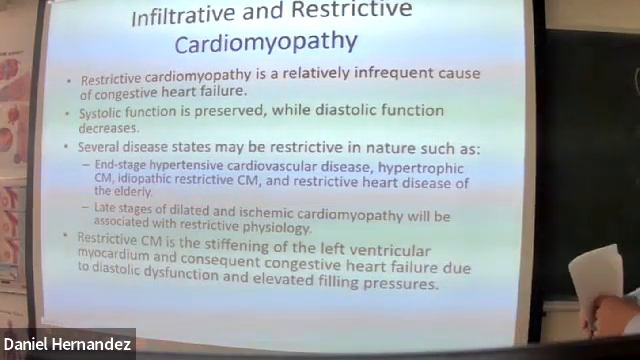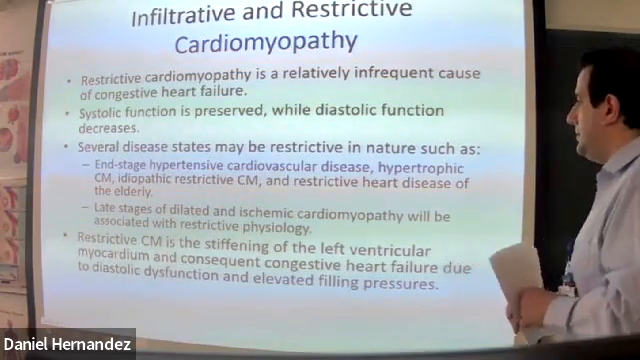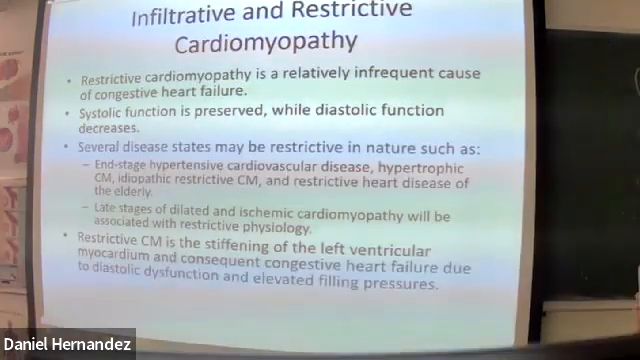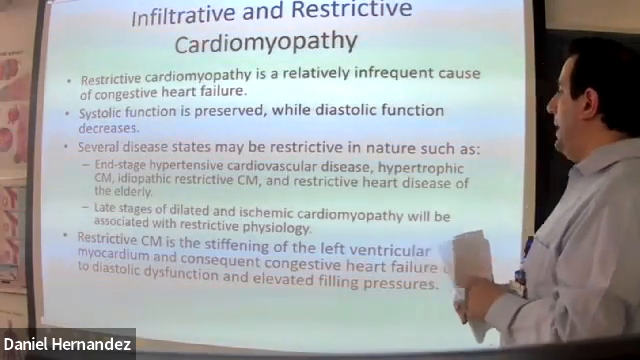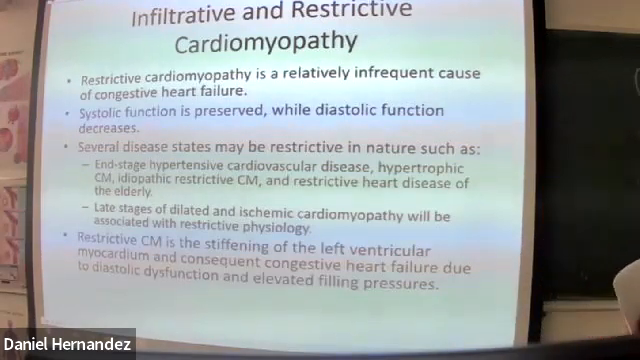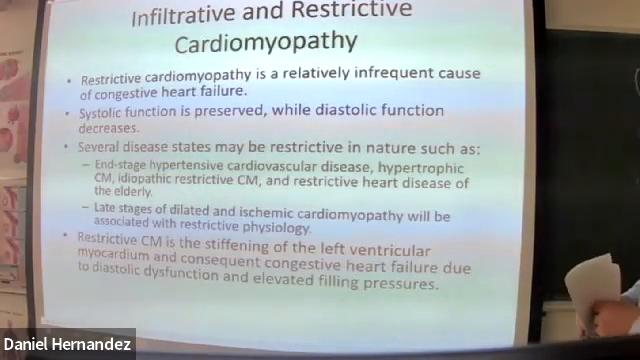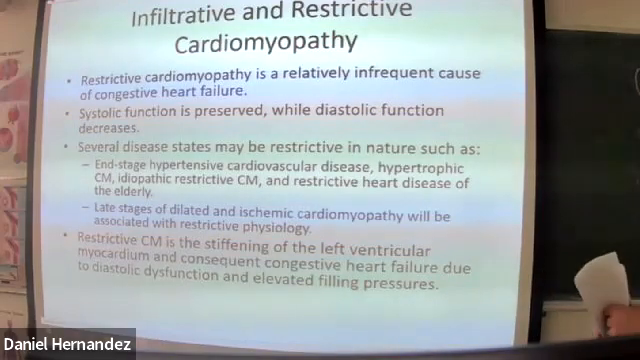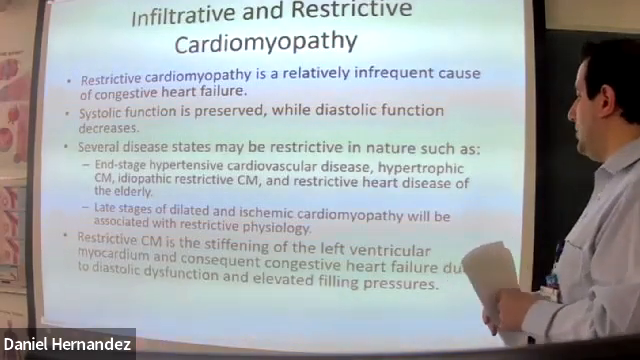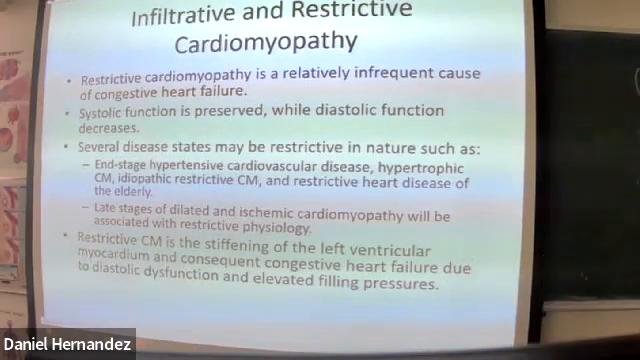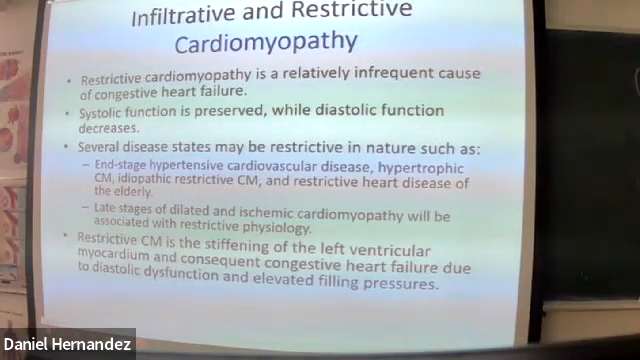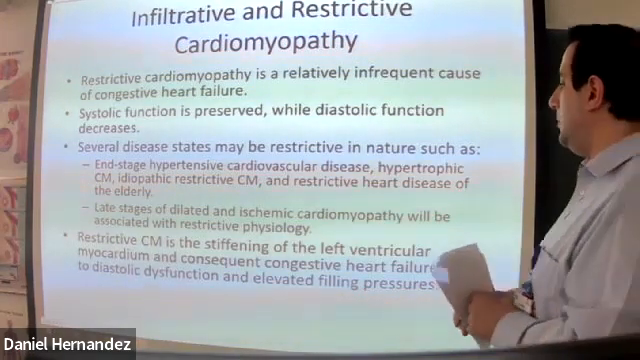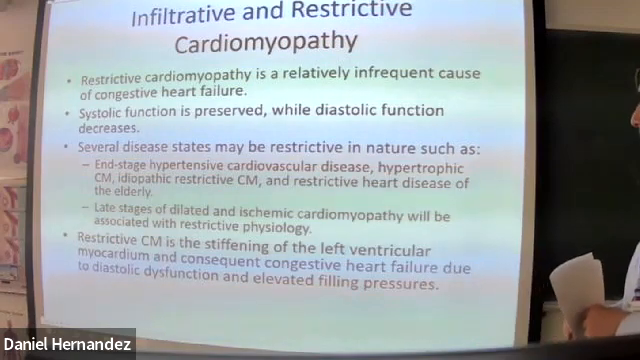There are several disease states that may be restrictive in nature, such as end-stage hypertensive cardiovascular disease, hypertrophic cardiomyopathy, idiopathic restrictive cardiomyopathy, and restrictive heart disease in the elderly. And late stages of dilated and ischemic cardiomyopathy may be associated with restrictive physiology as well. So restrictive cardiomyopathy is the stiffening of the left ventricle myocardium and consequent congestive heart failure due to diastolic dysfunction